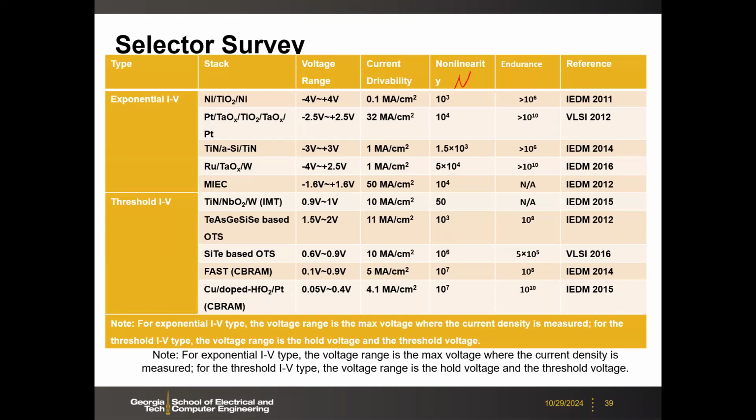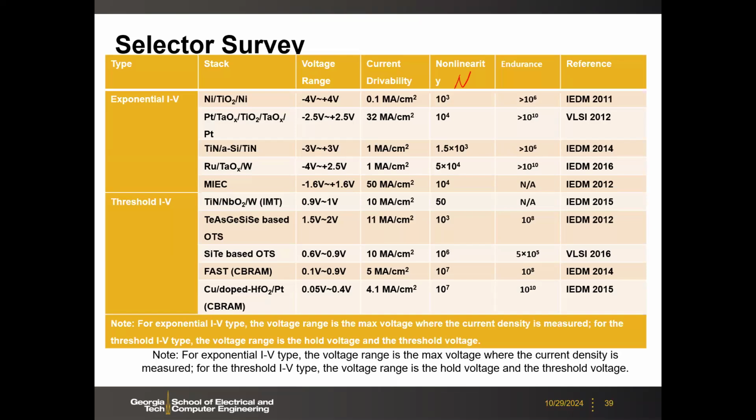But what if the other unselected rows each contribute a little bit of current? If N, the nonlinearity ratio, is 1,000, and the other 1023 rows each give you a little bit of current,